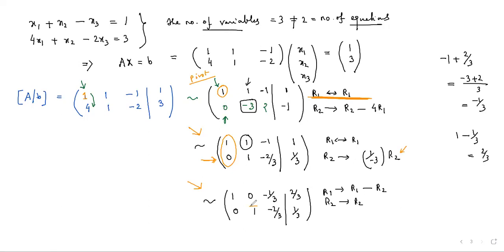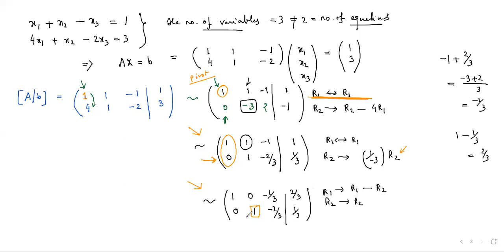And since this is my new pivot element, if any non-zero element is present above it, I'm going to make it 0. So I have performed this operation in the following manner. It is the second requirement of the row reduced echelon matrix that for the pivot element, if there be any, any non-zero element below that pivot element or above that pivot element has to be made a 0 element.